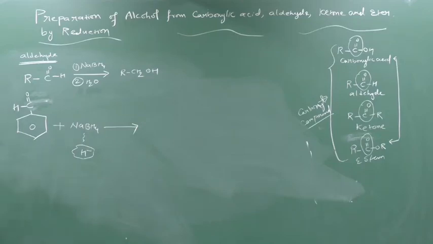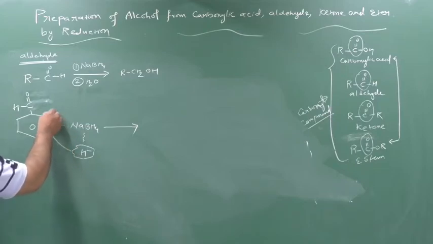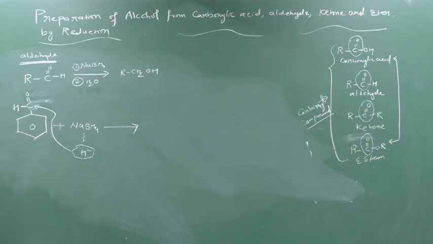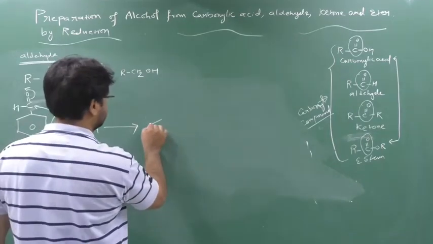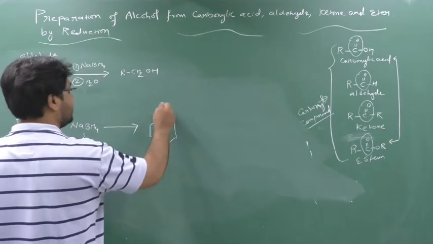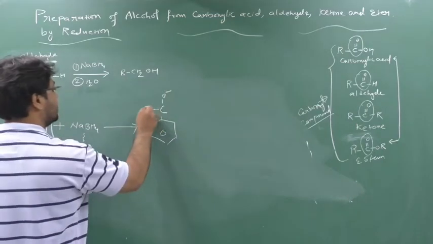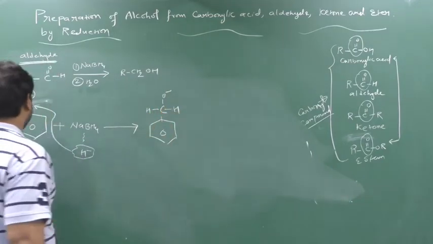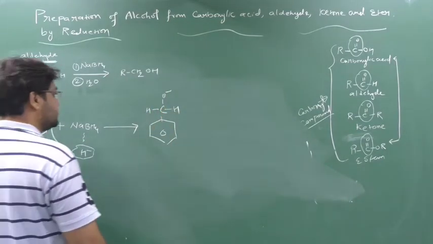How did you understand? Again here you see, this is carbon and this is oxygen. Which is the more electronegative element? This oxygen is more electronegative, creating a partial negative charge, and this carbon has a partial positive charge. So this H minus will attack here. To make a new bond, carbon has to break the old bond, so one pi bond of this oxygen will be broken. So what will I get? I will get C O minus, here H is there only, here also new H will come. Yes or no? Clear this part? So I will get this.